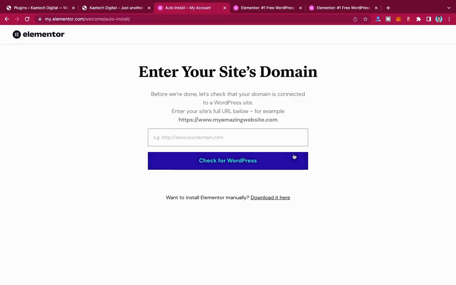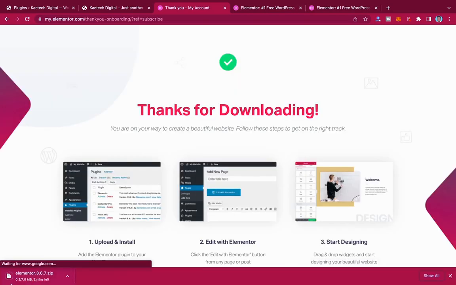So it will ask you for your website details. Just enter your website details in it, and then it checks for WordPress, and then you can install, or if you want to install it manually, like what we're gonna do, just click on Download it here. Click on it, it will download it for you. As you can see over here, it is downloading Elementor for us. Of course I have already downloaded it, so I'm going to cancel it. But if you haven't downloaded it, when it finishes downloading,